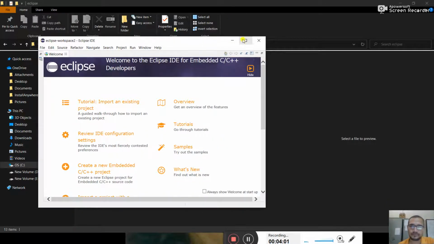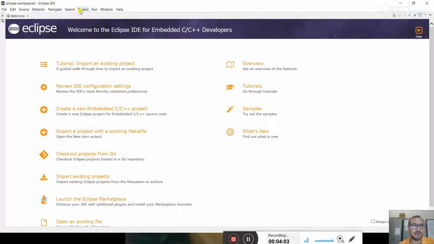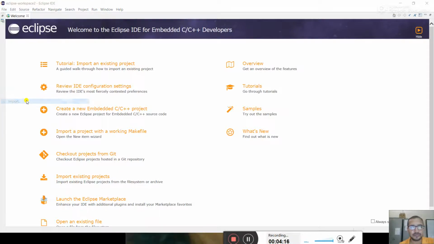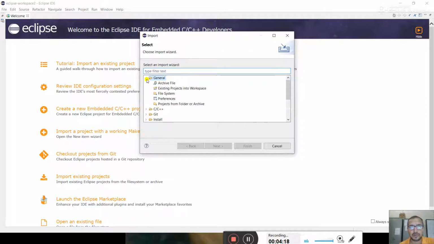You have seen that there is a build automatically, and now we will go to File, then Import. We will go to General, Existing Projects into Workspace.